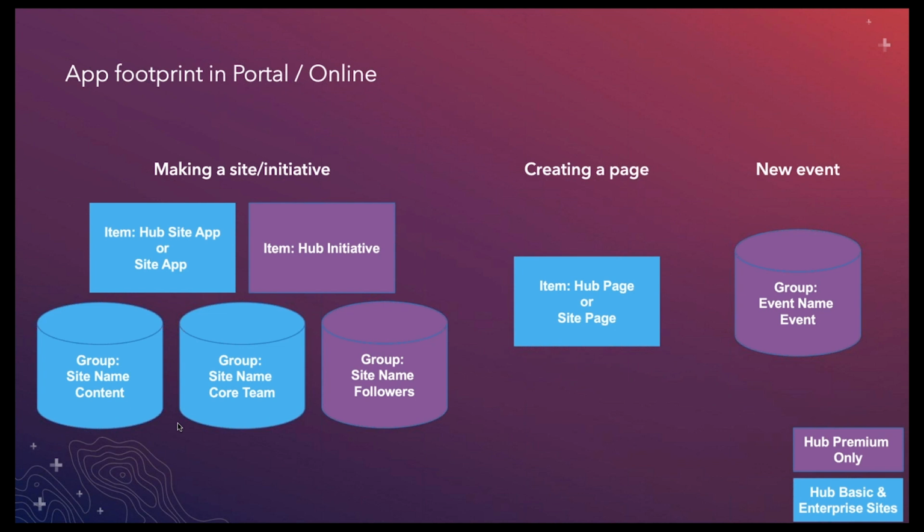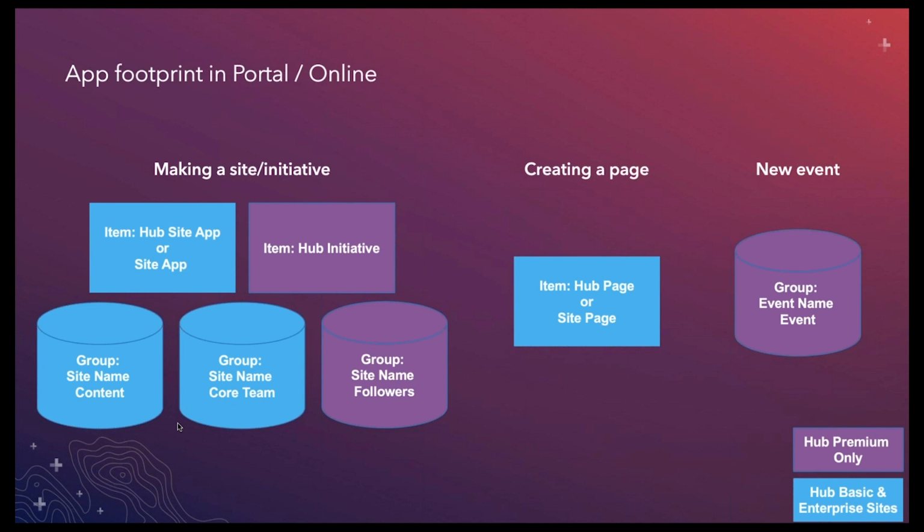And there's two groups that come along with that as well, which is the content group and the core team group. The content group is for anything you add to the site. The core team group is for any people you add to be able to edit content on your site. If you're in a premium license context, there's an item that's called a hub initiative, and that adds additionally a